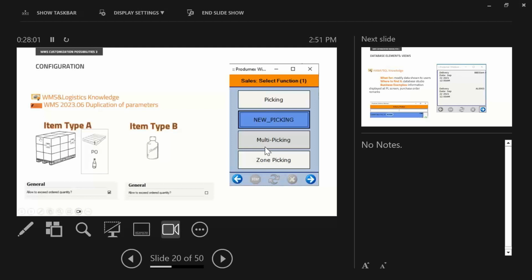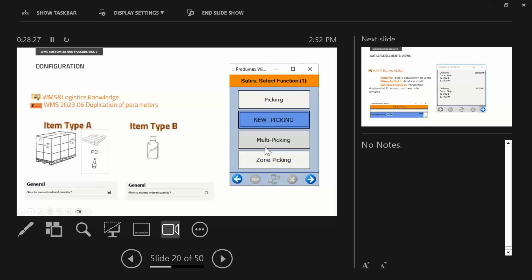So for this item type B, we don't want to allow exceeding the quantity. But the problem before this WMS release is that we have only one setting. So in this case we need to accept the risk that typos cause problems in the stock